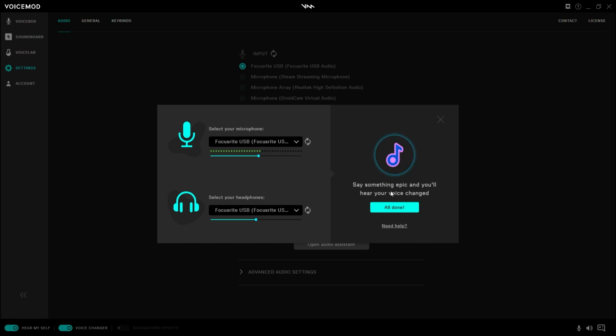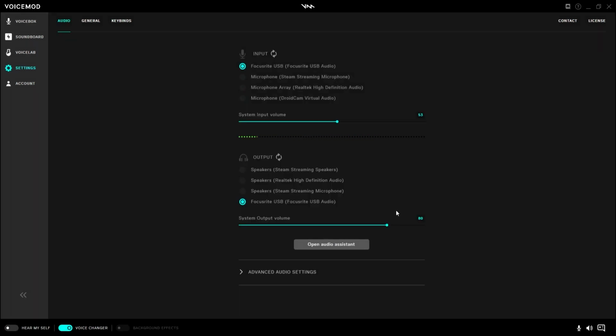You won't be able to hear it now because I'm using a different recorder that I'm going to overlay. But at this point, you should be able to hear Voicemod working. If it is, then just hit all done. Most of the time when you install Voicemod, it will pretty much automatically pick up the correct settings for you, or you just try whichever different options you have until you find something that works. As long as you can hear yourself through your headphones and Voicemod can hear you through your microphone, everything should be fine. The next thing we want to do is flip over to OBS,